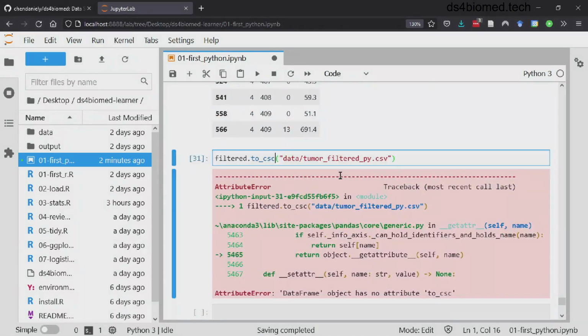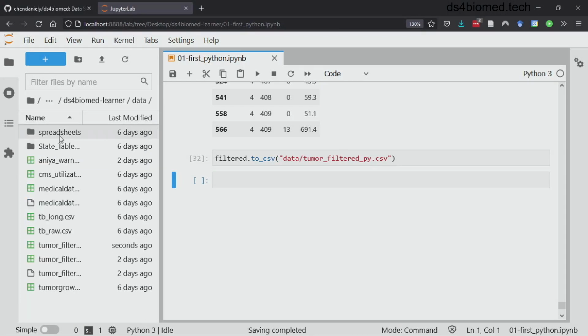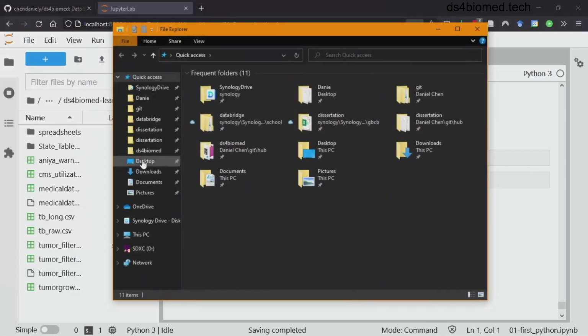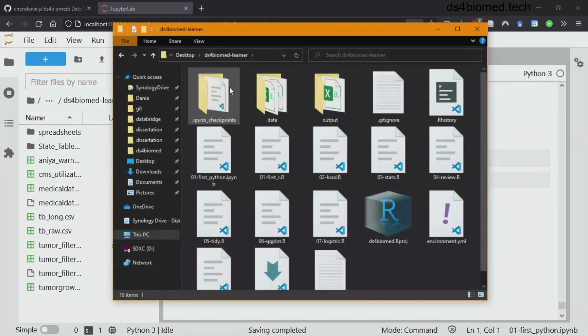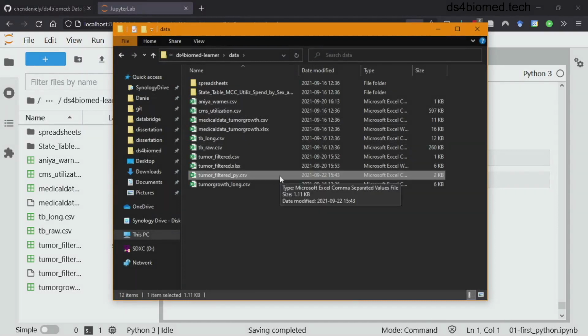CSV. Yeah. So right now it says this data frame has no attribute like to CSV, and so that's my prompt that I probably typed it wrong. So it's to_csv, and then you'll see here nothing actually turned up as a result. But if we open up our data folder, or literally go on your computer, navigate to your desktop, go here, go to your data folder, there is literally going to be a tumor filtered file that just got